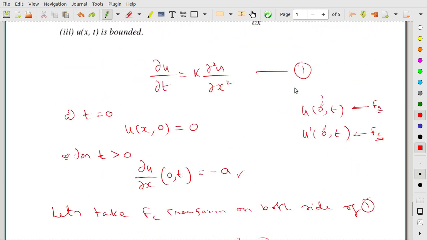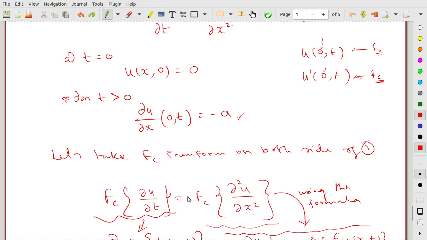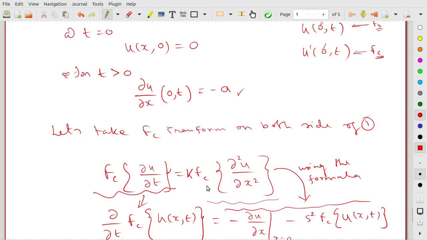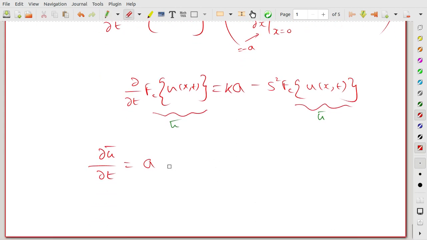Since we have k in the equation, I left out this k, therefore I put k here, and k times this one, therefore we have ka. And before doing this,